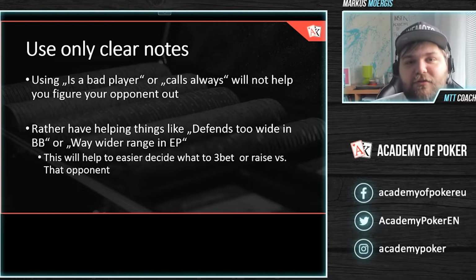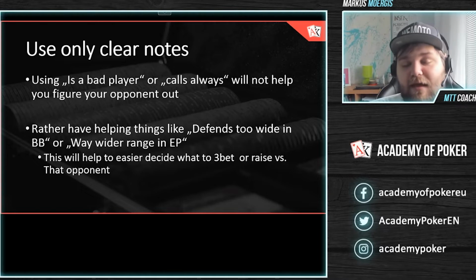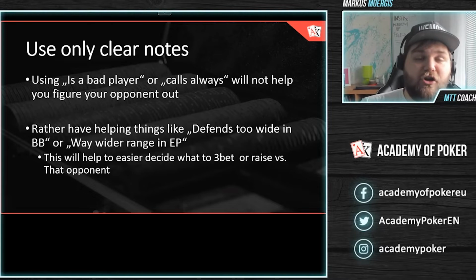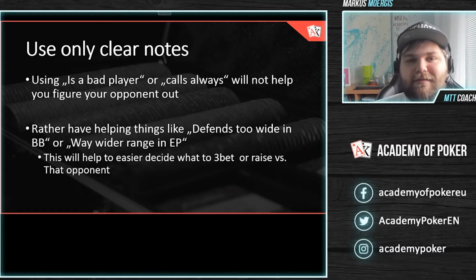easier, because if he raises UTG and you have, let's say, ace-jack suited, normally if you're in the cutoff or in middle position, you will most likely flat that. But because it's him and you got the note on him that he open raises way too much in those positions, you can way easier 3-bet these hands for value. In other situations, you would most likely 3-bet that as a bluff to, for example, get rid of ace queen or something like that when we think about really tight ranges. But in this case, it will help you so much to make it easier for you to just win